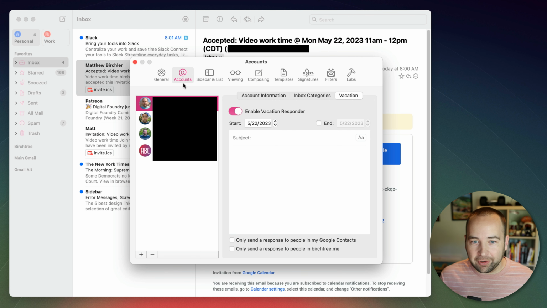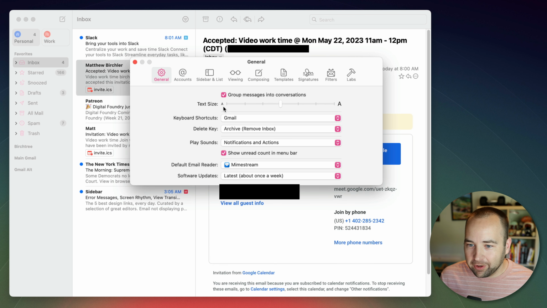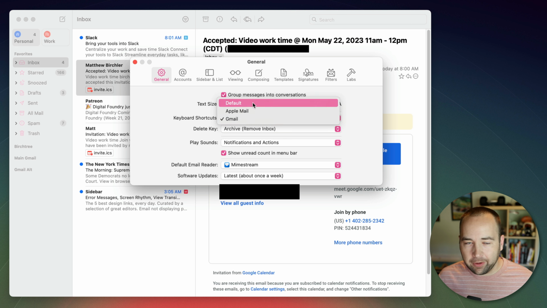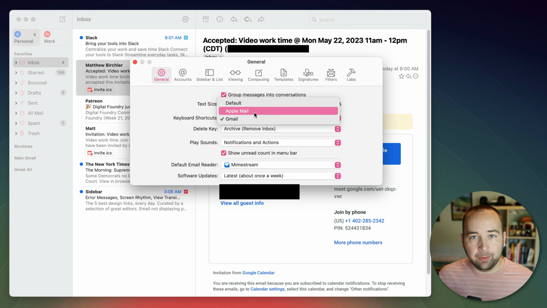And let's just keep it going. There's a couple more things, right? If I go into general, there's keyboard shortcuts. So there's default ones that I think are fine, that are very modern Mac-like. There's Apple Mail ones, so if you're used to Apple Mail shortcuts, which I think are insane and feel very 1980s because basically they are, but the Apple Mail shortcuts are here if you want them,